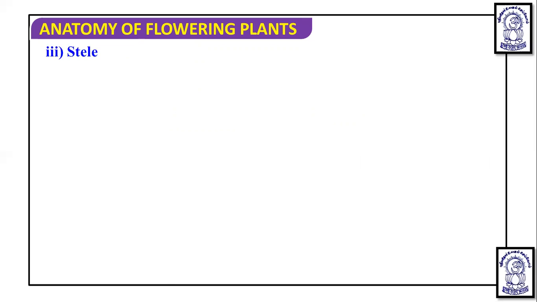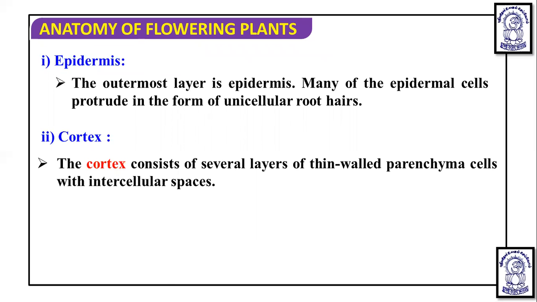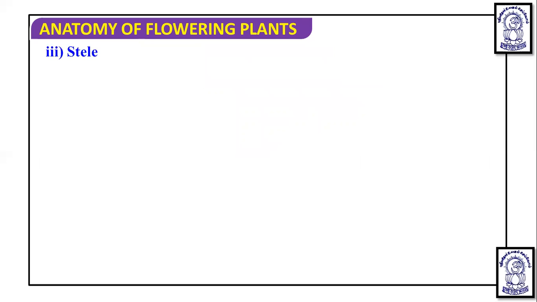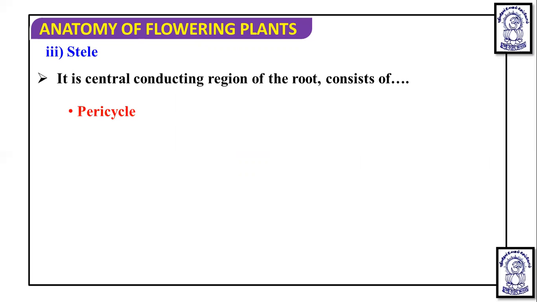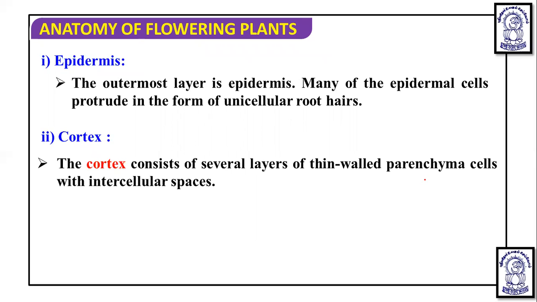The third is stele. In cortex, we have also discussed that there is an absence of hypodermis, and the innermost layer is known as endodermis. So in stele, the central conducting region of the root consists of pericycle, vascular bundles, and the conjunctive tissue. Okay. Before that, in cortex, we can write that the endodermis